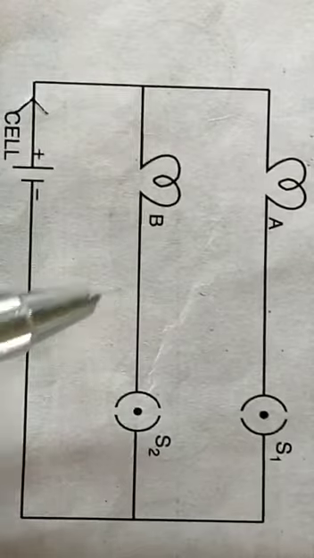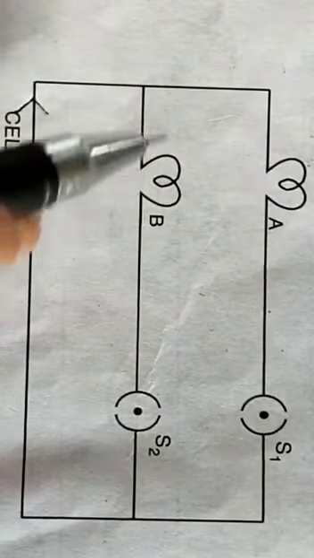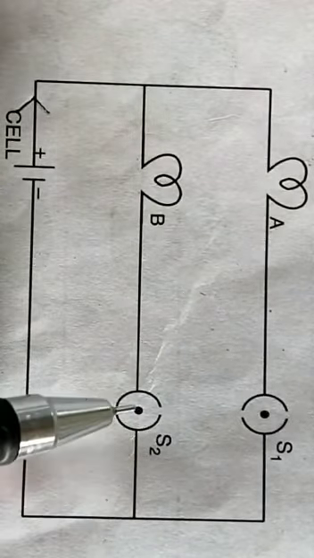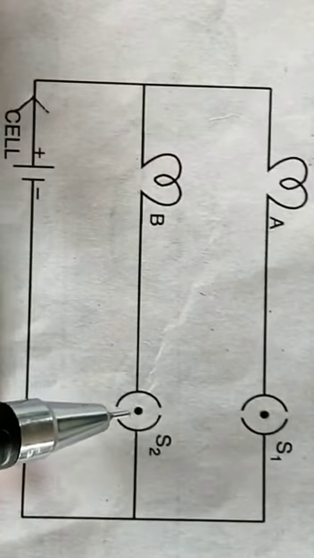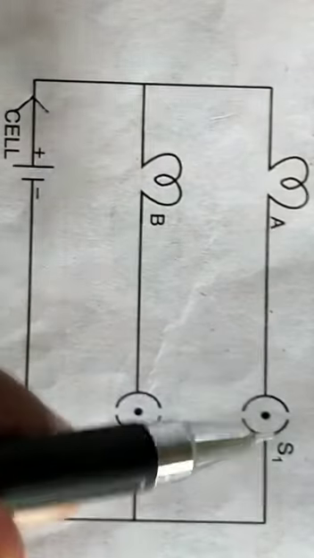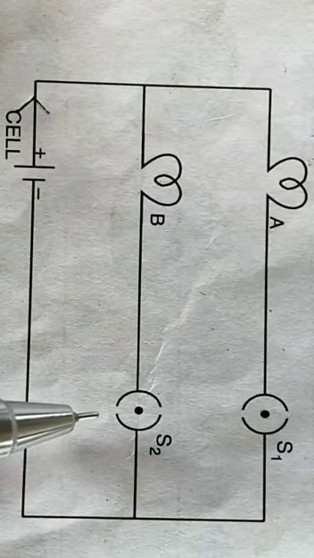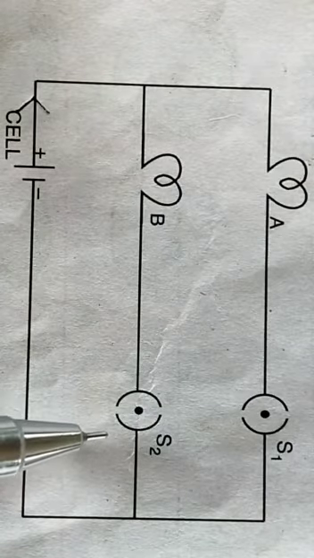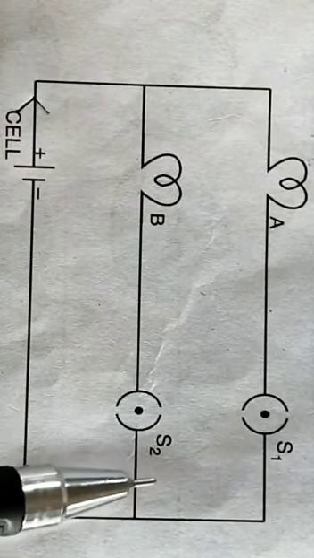But suppose I want to switch bulb B off. I will just switch it off. Just when I switch this off, automatically only bulb A will glow, and bulb B will be off. According to my convenience, I can switch A or B on or off.